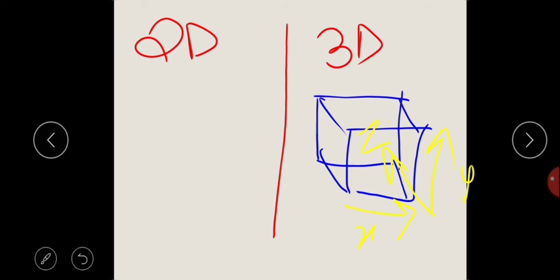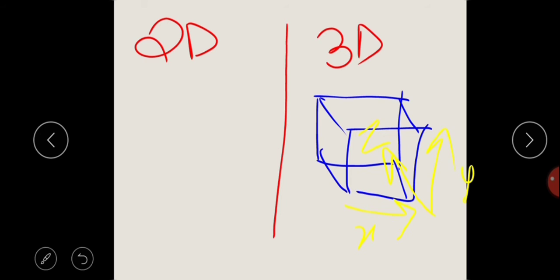That thickness is actually your z axis, right? So look at yourself, your height is basically your y axis, your width, how wide you are, that's your x axis, and how fat you are, that's your basically z axis. That's the way we define 2D and 3D shapes.